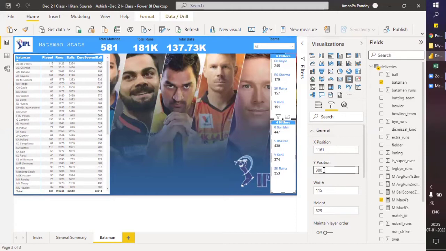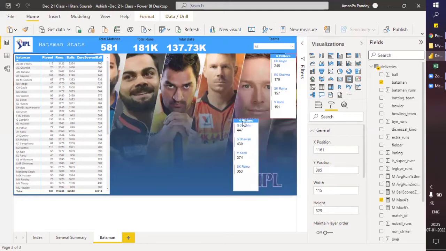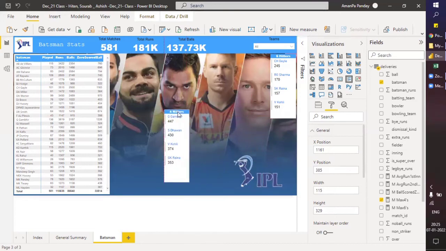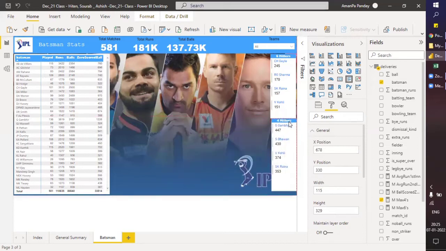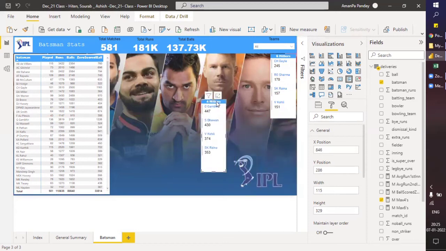If you drag it to the left, like we shape it... If I drag this, you're dragging the whole thing. I'm telling just the right side, the left bar of it, just drag it towards left. Yeah, I will come to that. So currently this is X and Y, and if you want to increase the height, this is the height, and this is the width. We all know that.